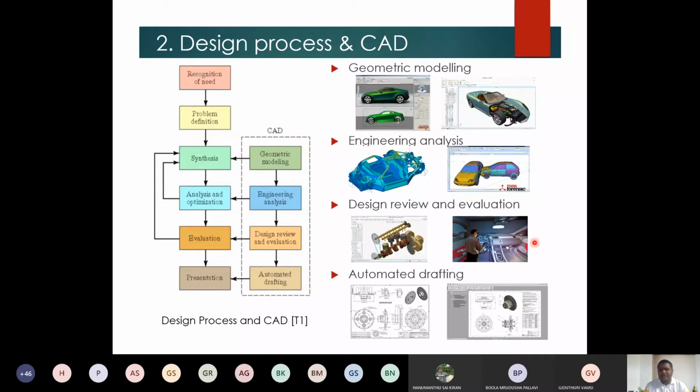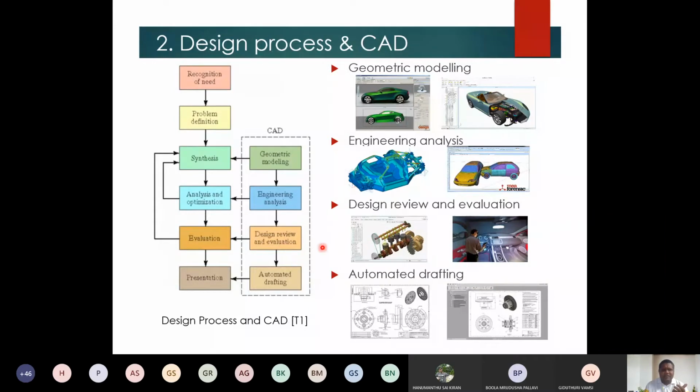Interference check is something like this: the company may purchase its components from various suppliers. Finally, once they try to assemble, the company may face a lot of troubles. One assembly may get interfered with by another assembly. All those things are possible to check in the computer itself before even going for actual production. So all such review processes, and also tolerances, there are many kinds of analysis to help the engineers review as well as evaluate your idea after engineering analysis.